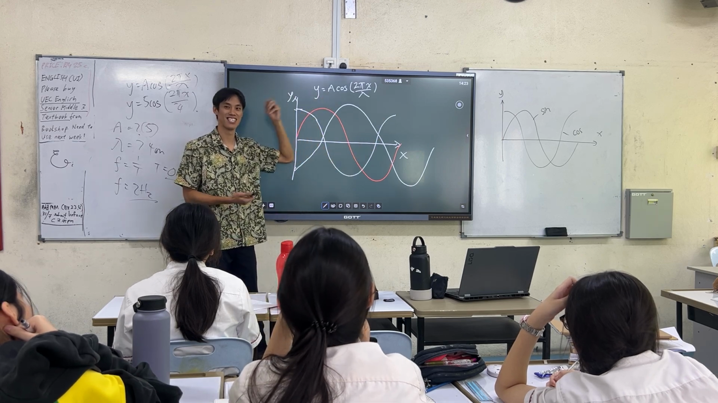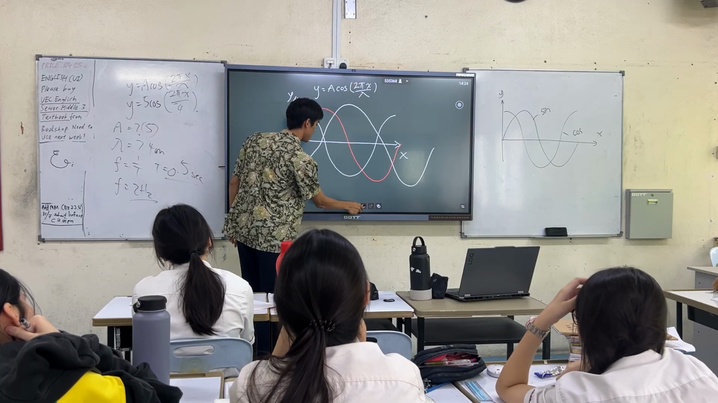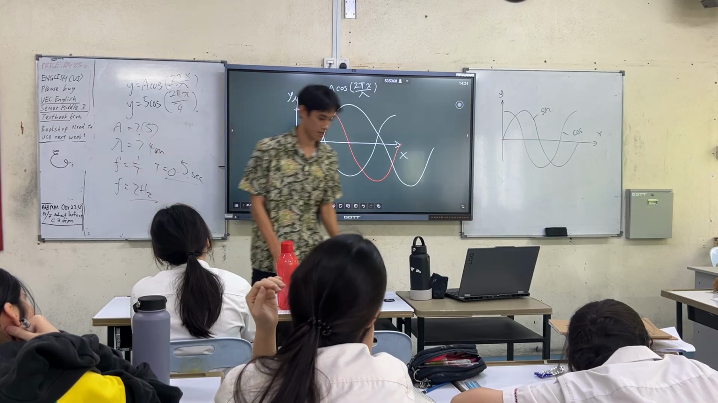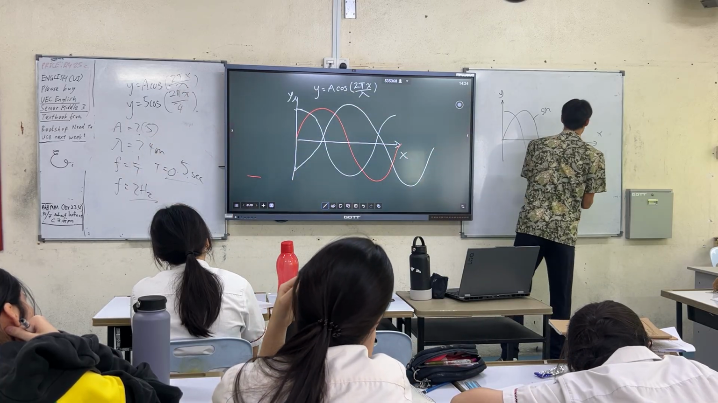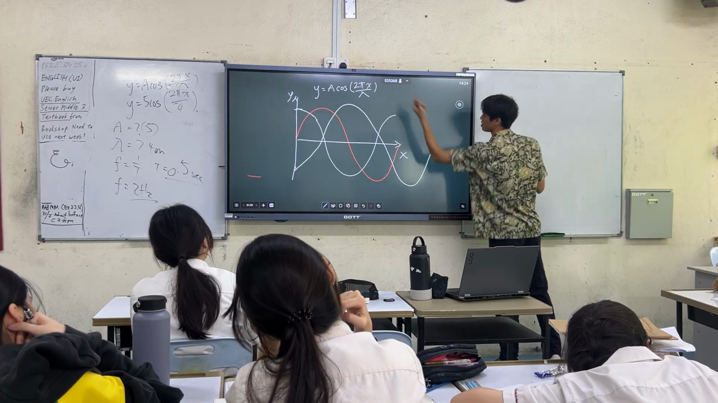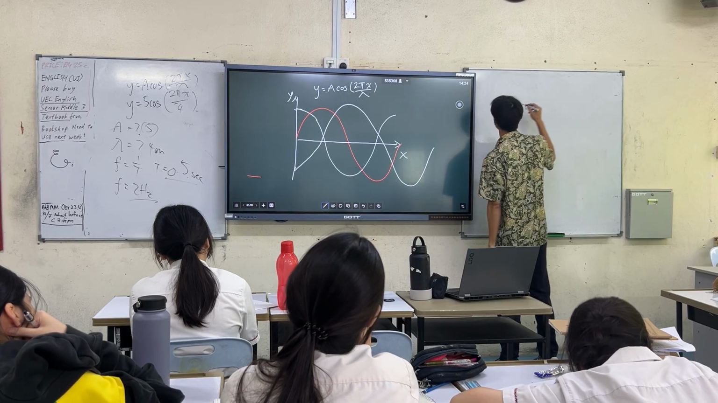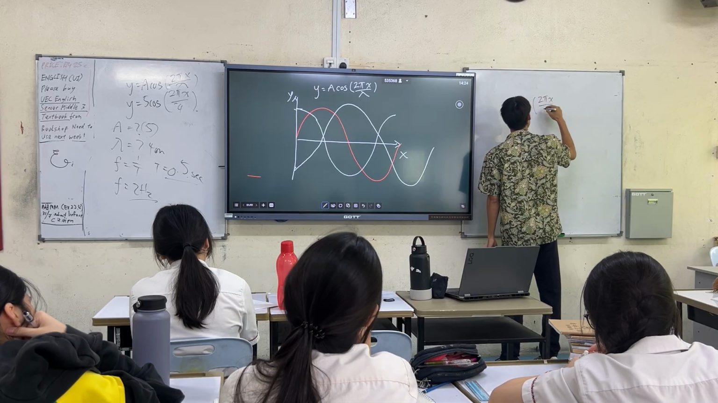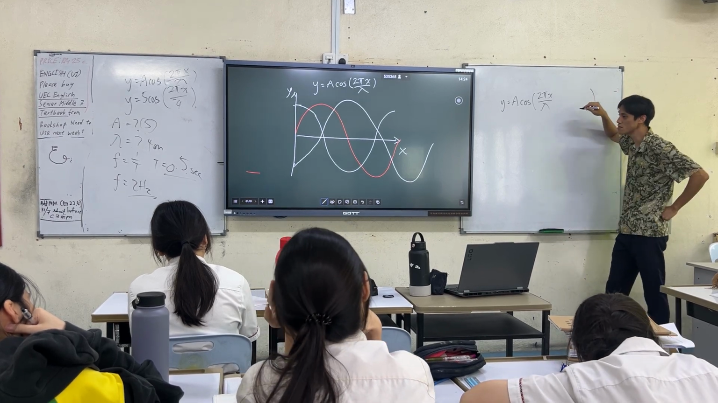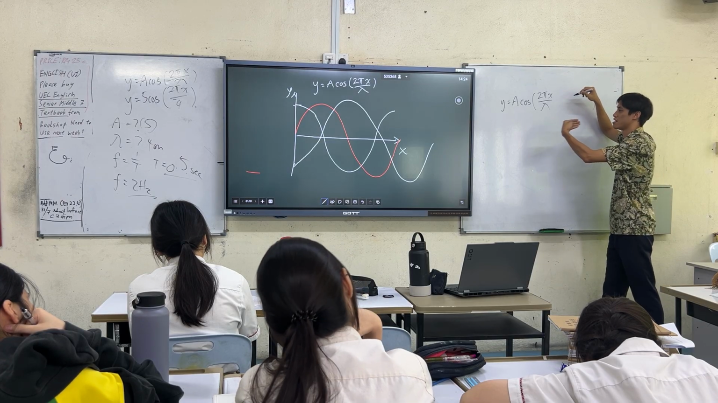So if moving forward like this, how should I write over here? Can you think? Do you have any idea? Sine? No, it's still cos. I just change the equation a bit. If y equals A cos 2 pi x over lambda, I just add something inside here. If I'm moving here, I need to